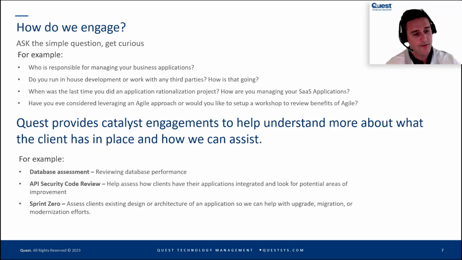One of the things, like I mentioned, was at the CV Expo a couple of weeks back: application rationalization projects are becoming more and more common. I was sitting on a panel discussion with a gentleman talking about the proliferation of SaaS applications and how many of those applications have overlapping capabilities within the same enterprise, right? So a lot of organizations are oversubscribing and underutilizing what they've already purchased. So, hey, have you gone through an application rationalization project?